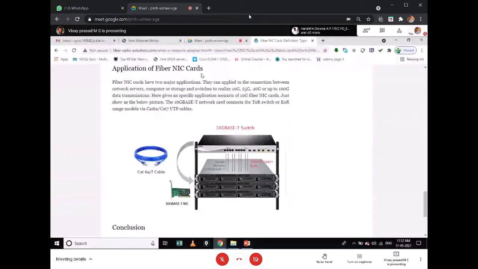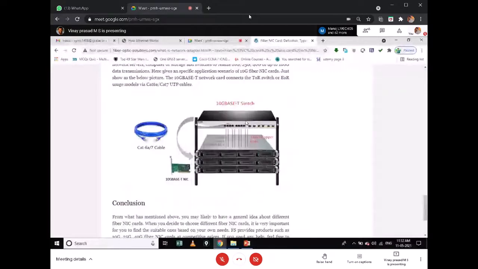If a switch comes with fiber ports instead of Ethernet ports, and at the other end, either a server or your host also has fiber NICs, then you would be able to connect them directly. This port and that port you connect with fiber itself instead of Ethernet. So that makes a fiber network. We use a fiber network for connecting to your server and the data in the storage.